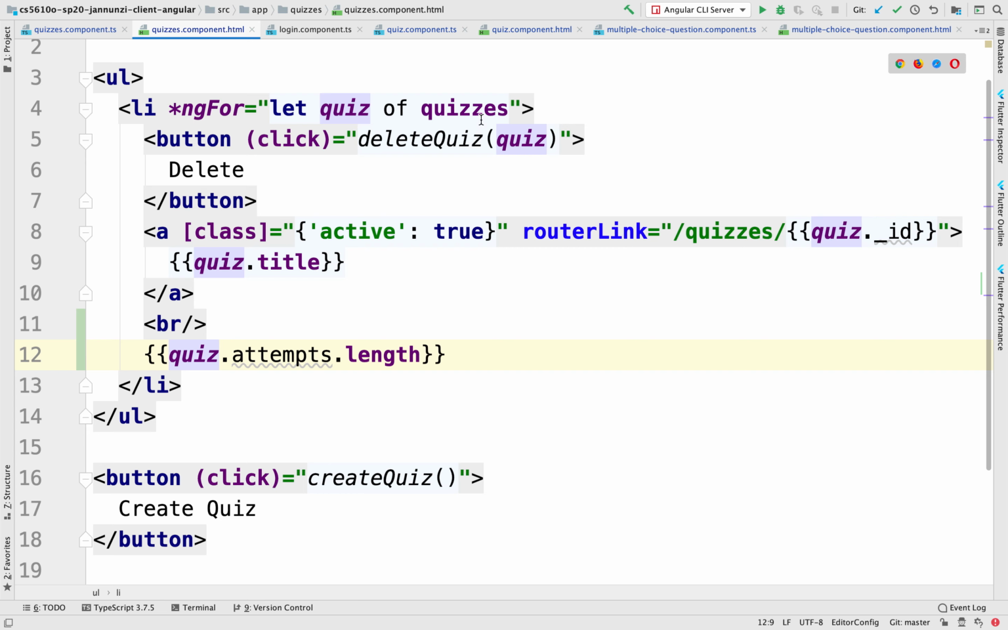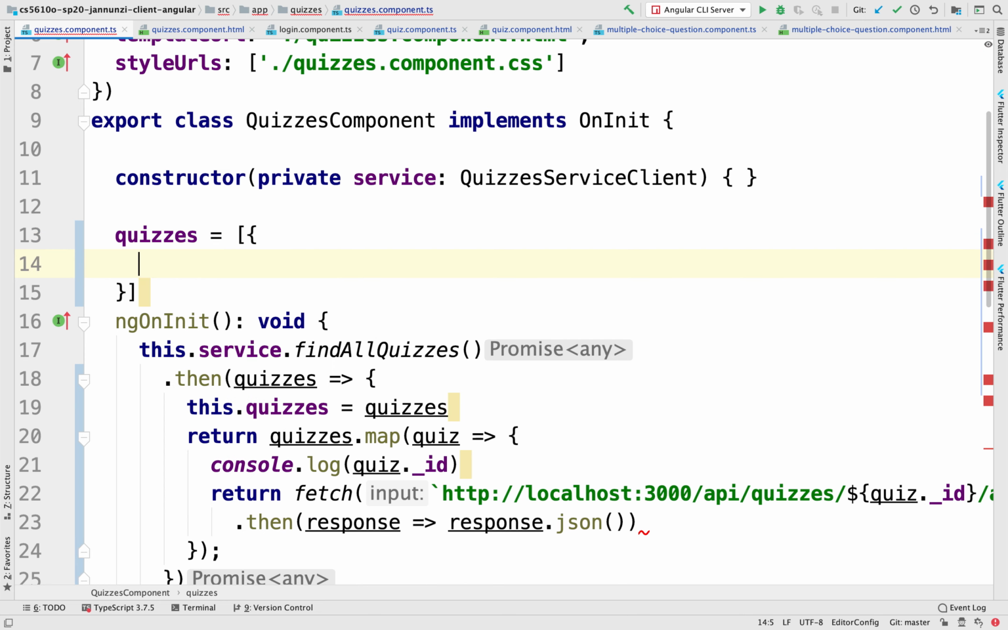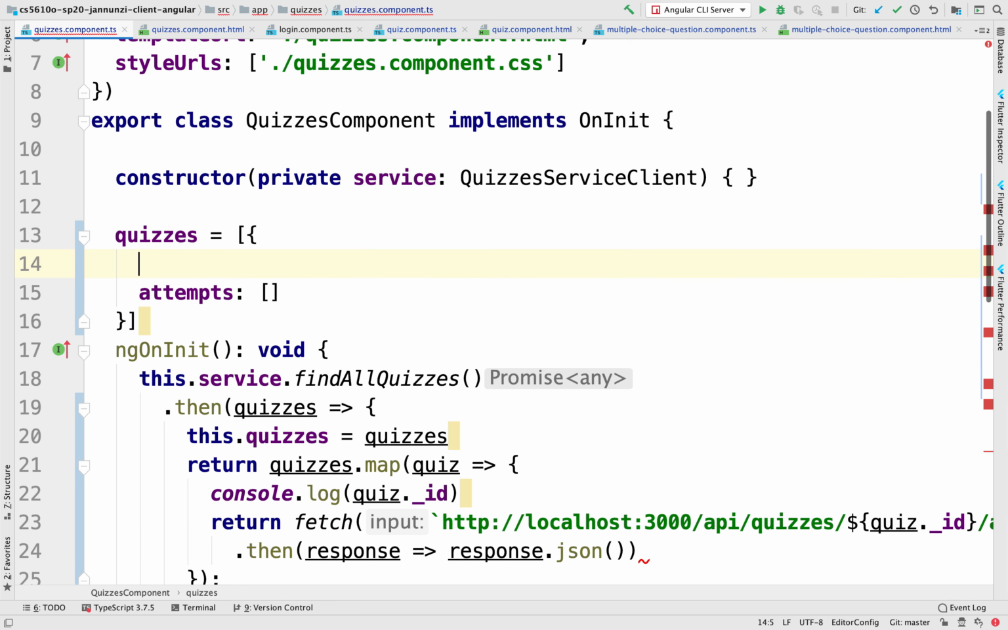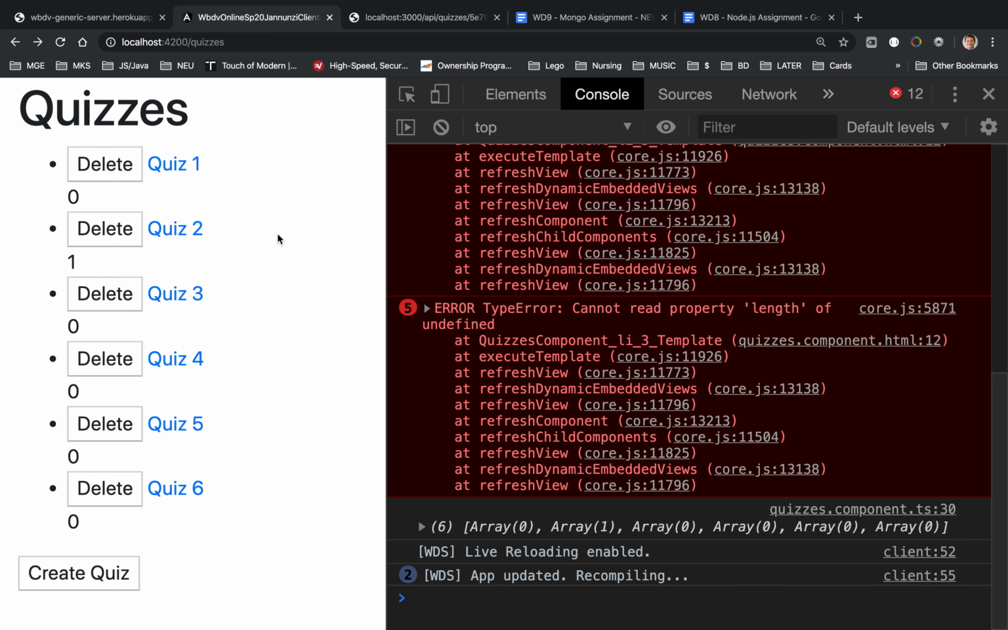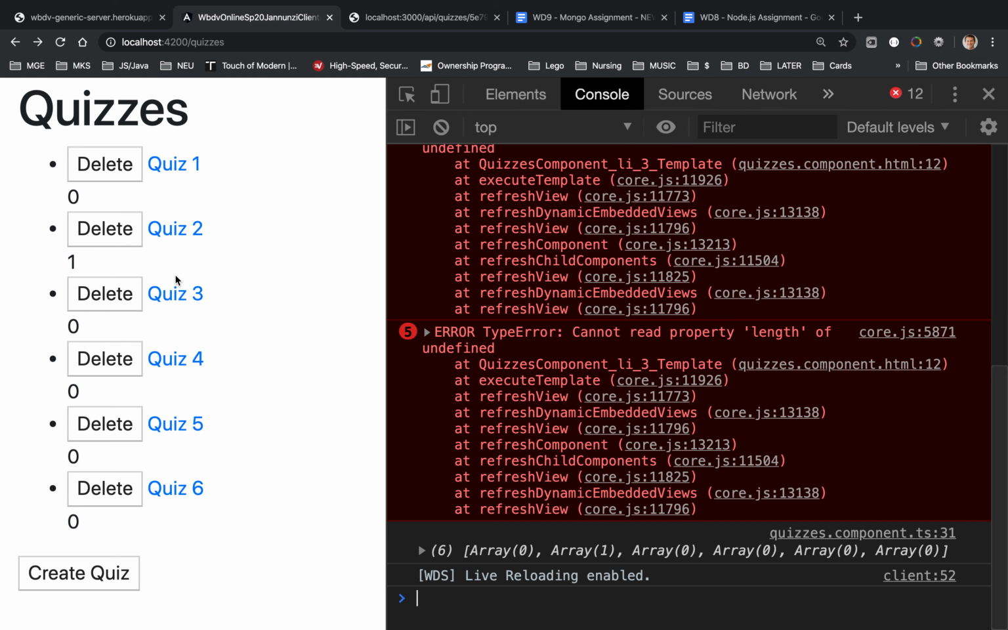but it's complaining because quizzes doesn't have attempts. So quizzes should provide an initial set of values. Also, I don't have a title. Now it's complaining, and I have a title. Okay. All right. So there's quite a bit of other things that I need to fix. But